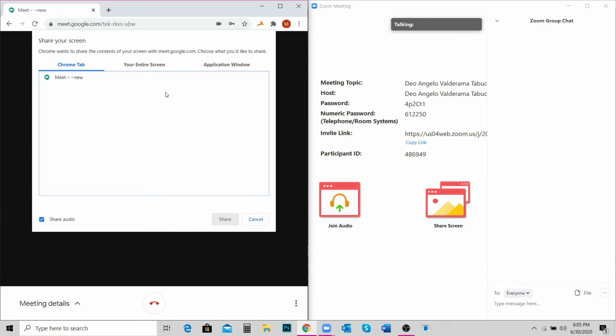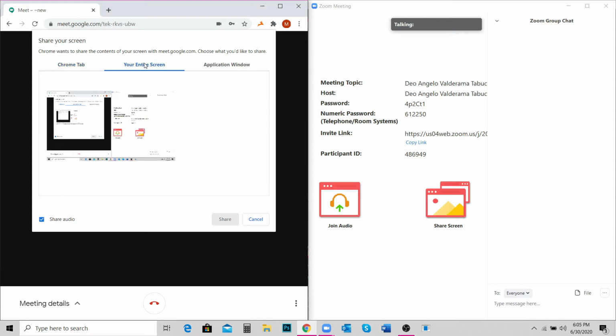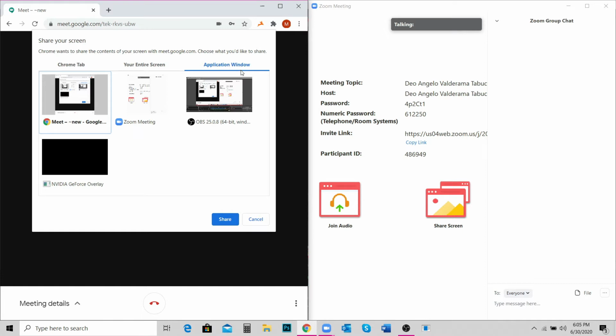If you choose the Chrome tab, you can share what you are doing on the internet. For entire screen, the participants will see what you are doing on your computer, and for application window, they can see only the application you just opened. If you choose one of these, like entire screen,